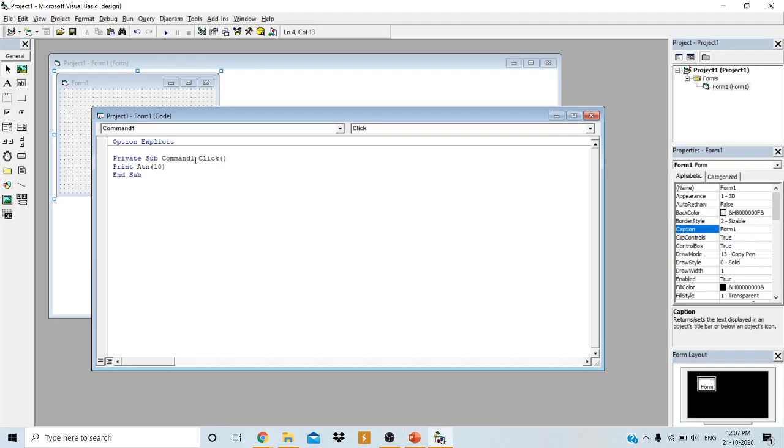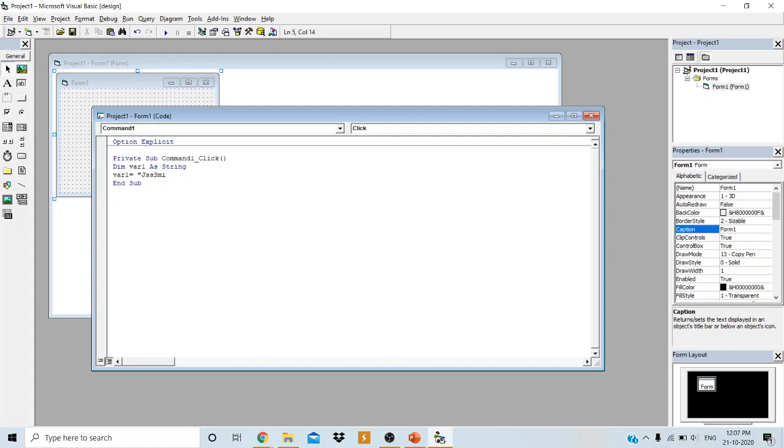I will demonstrate here. Dim var1 as String. Then var1 equal to, I will assign some string value here, JSS SMI.